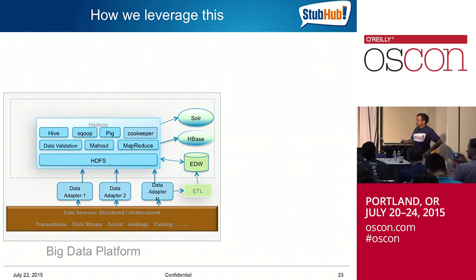So everything that I just talked about is this box right here, plus this. This box is that whole framework that I described up until now. Now, we have different data adapters that are created through configuration on top of that. Data is coming in: transactional data, clickstream, social, weblogs, catalog, you name it. We have lots of those sources coming in, with different configurations. The data gets ingested automatically on a daily basis to Hadoop HDFS right here. This is your Hadoop HDFS.